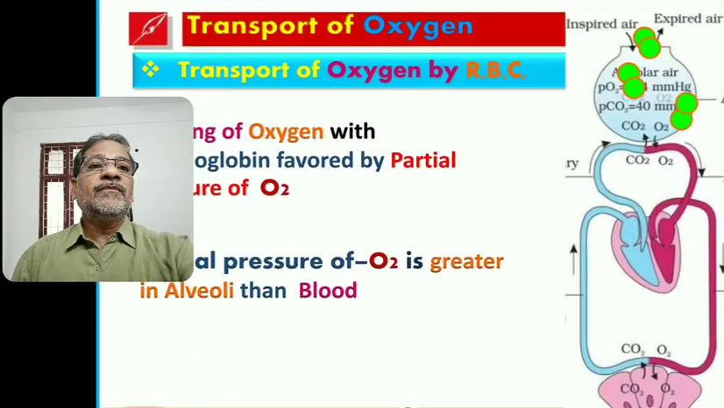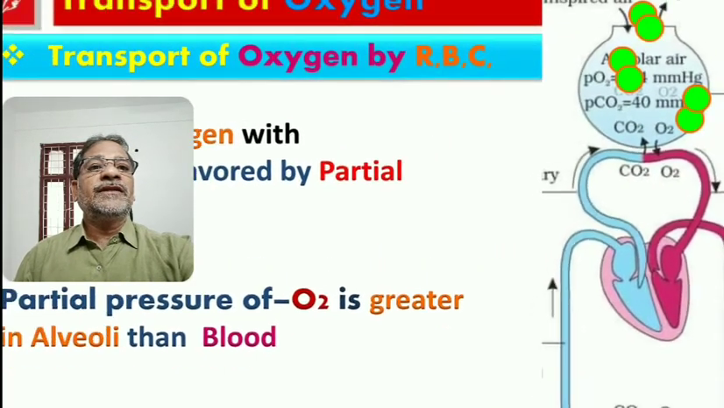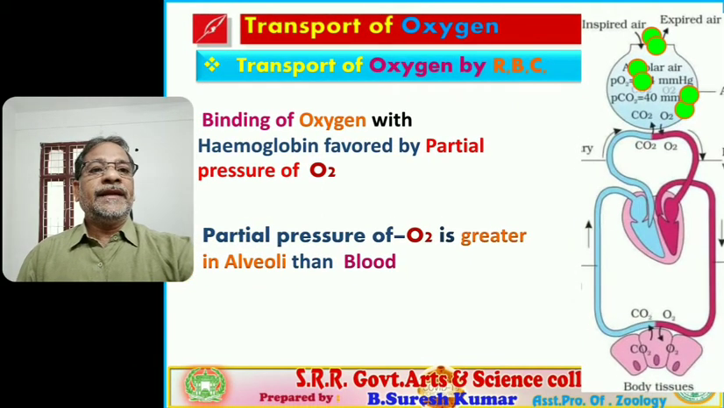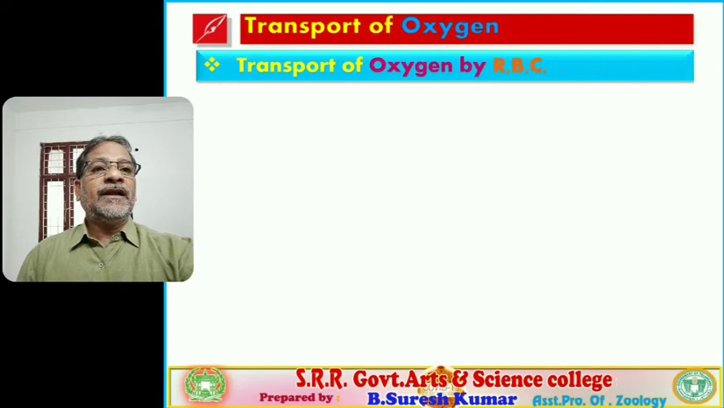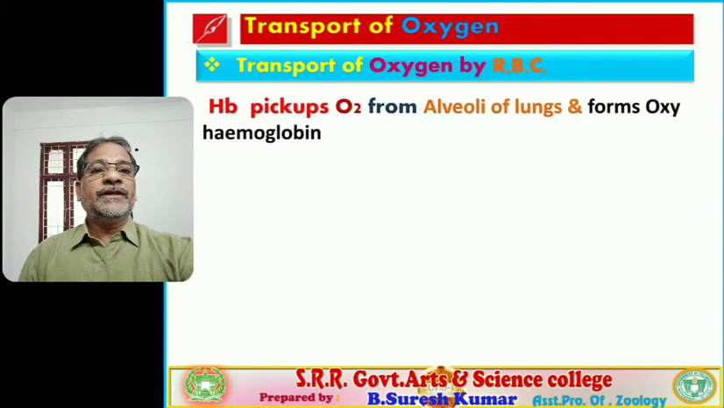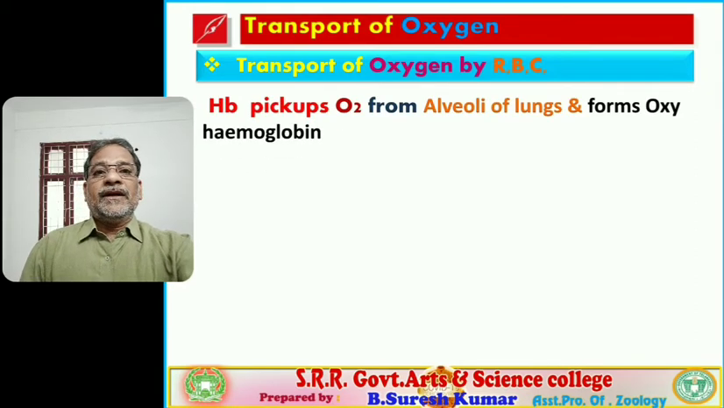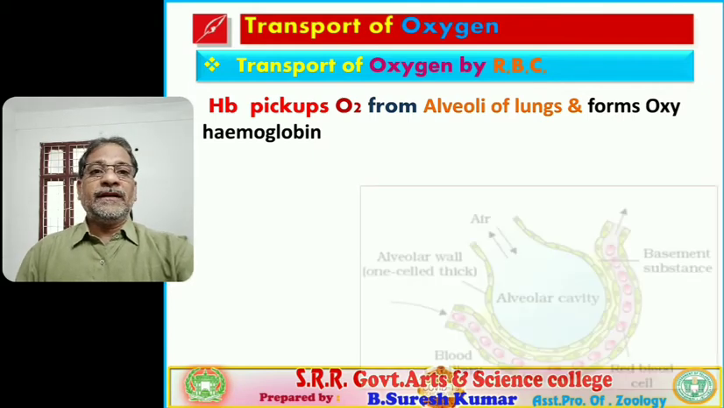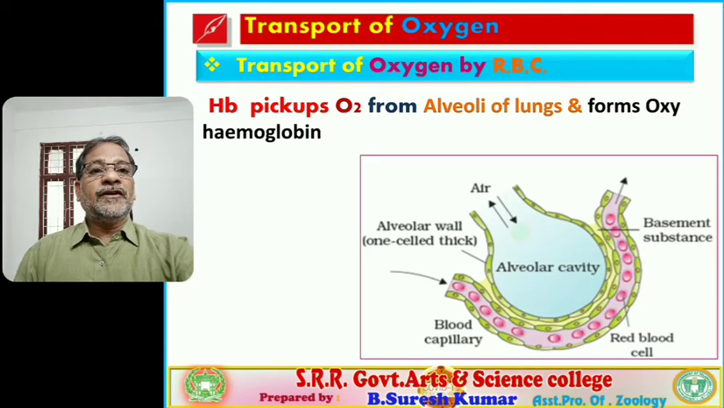You observe these oxygen molecules present in the alveoli. The partial pressure of oxygen is greater in the alveoli than in the blood. Now they are going to diffuse into the blood. The hemoglobin picks up oxygen from the alveoli of the lungs. I already told you this. So you observe